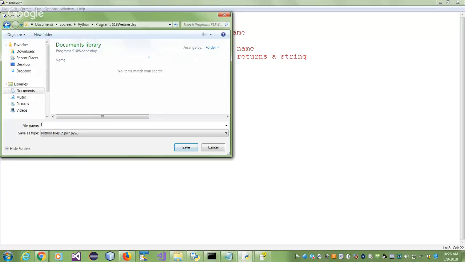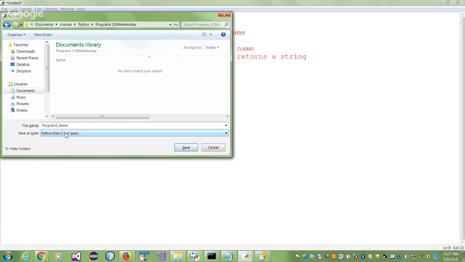I am going to call this program 1, so that I know this was the first program I did. I can put a date if I like. I'm not putting dates because I'm not too good with it. And I'm going to call it program 1 greet, so I know that it was a greeting program. Program 1, so that I can remember this was the first program I did on Wednesday with my Wednesday section. And greet because it's a greeting program. Okay. And I'm going to save it.